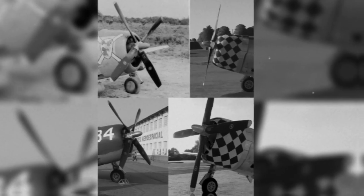During practice scrambles, pilots found that their modified P-47s could outclimb not only their older Thunderbolt peers, but sometimes even Spitfire Mk9s at low altitude, a fact that stunned everyone on the ground. Reports from flight test officers were unequivocal. Climb rate increased from approximately 2,300 feet per minute to nearly 3,000 feet per minute. The numbers were real, the pilots' enthusiasm was real, and soon the Luftwaffe would discover that the change was real,